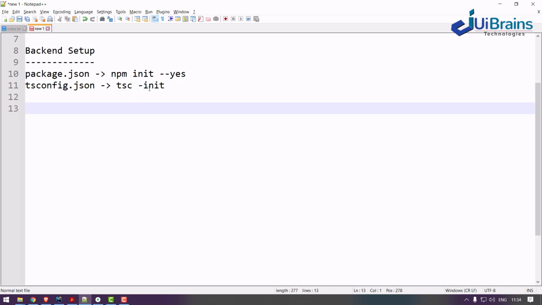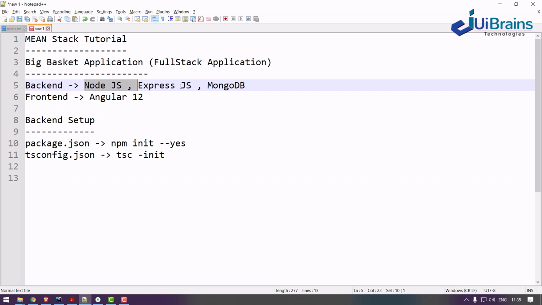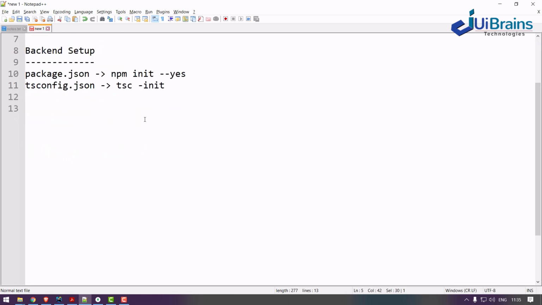Once you have created that, we need to install a set of Node.js packages or libraries for the backend.